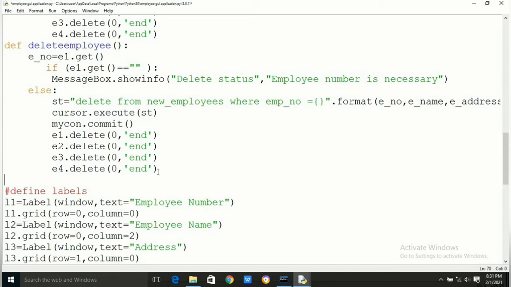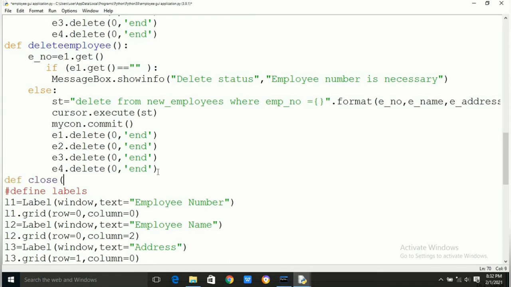Delete from employee where employee number is equal to, within curly braces you have to put double quote, dot format e_no. We don't have to write e-name, e-address because we only need the employee number. After delete also we have to run the mycon.commit function.